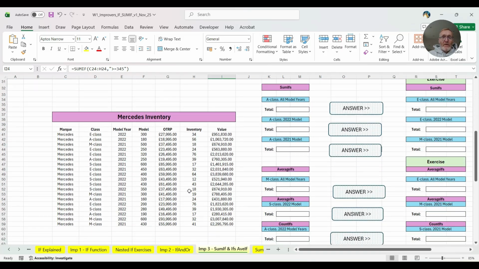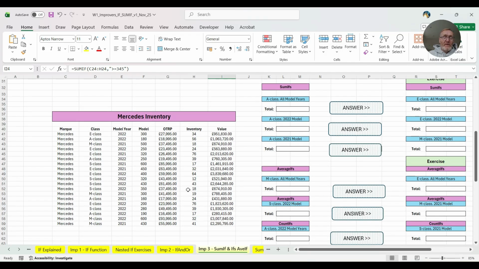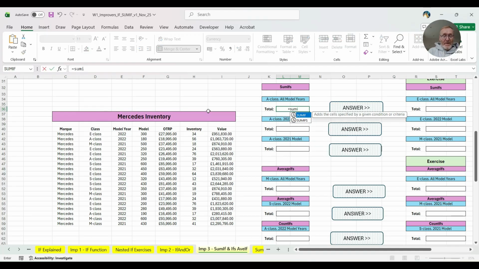Let's have a look now at SUMIFS. So SUMIFS we're going to use if we've got multiple criteria. So for example, we've got some Mercedes inventories, we've got E-class, A-class, M-class, and S-class, different years, different models, and different prices and stuff like that. And we're going to use the SUMIFS function to total the number of A-class for all model years. So I'm going to type equals SUMIFS, open brackets, and the sum range, well, the sum range is this here,